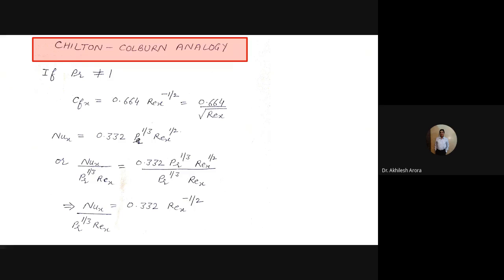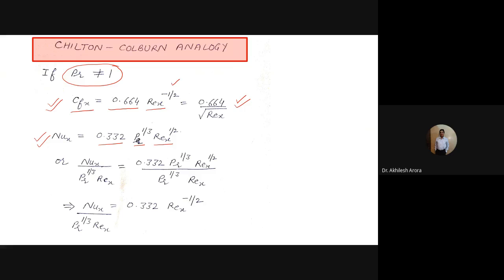Now there is another analogy known as the Chilton-Colburn analogy, and it's important because it is applicable even if the Prandtl number is not equal to 1. Let us see the correlations which we have derived earlier. We derived that Cfx is equal to 0.664 local Reynolds number raised to power minus 1 by 2. So it can be written in this fashion also. Nusselt number we derived as 0.332, Prandtl number raised to power 1 by 3, local Reynolds number raised to power